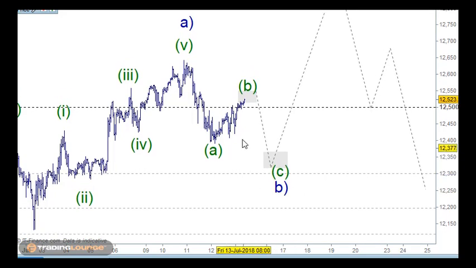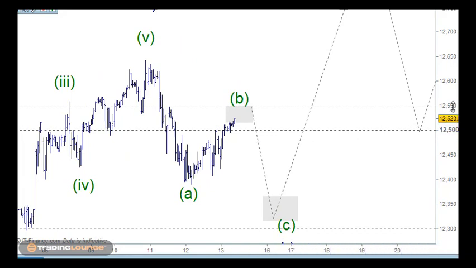So yeah, this needs to complete up here a little bit into the top of this box, the 12,550 area. Also, if this powers through here, then what you'd normally look for is, it's nice to be right, but it's also nice to know where you're wrong and what you're going to do about it. So the 12,550 here, if that became the tested support, then look to trade long there